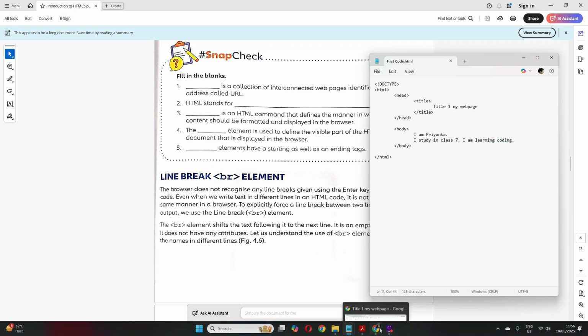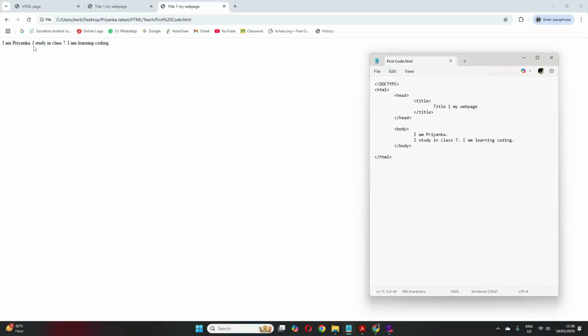But when we view this in the browser, I study in class 7, I am learning coding did not come in a separate line. It all came in one line. Because in an HTML document, the enter that we have pressed is not recognized as a line break. So we have to specifically write a line break here. So that we do with BR.